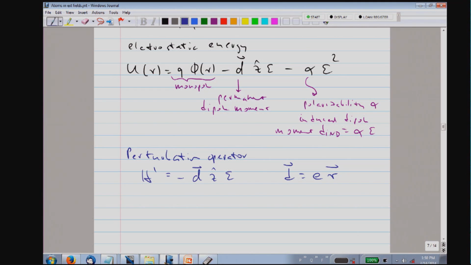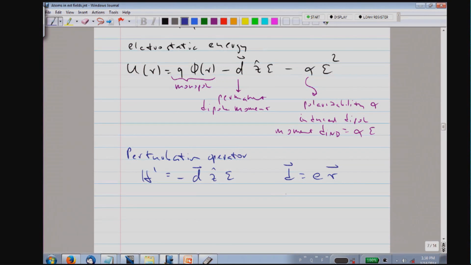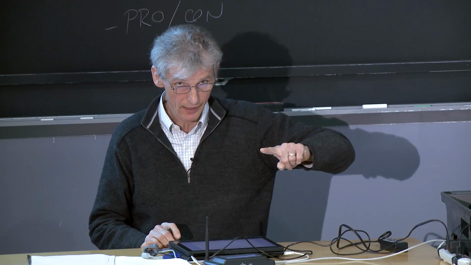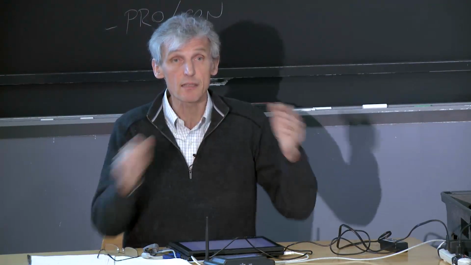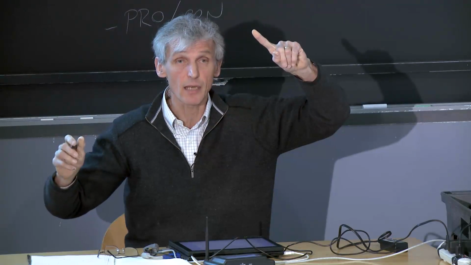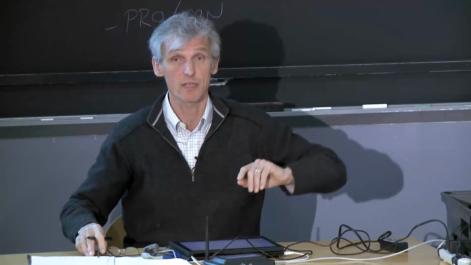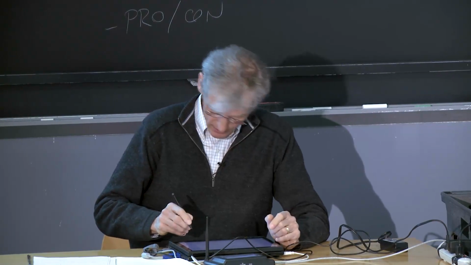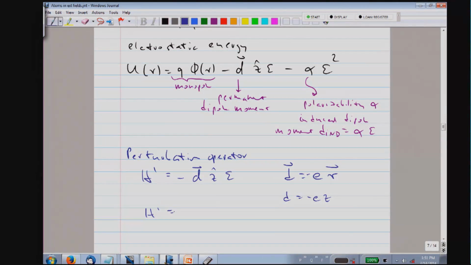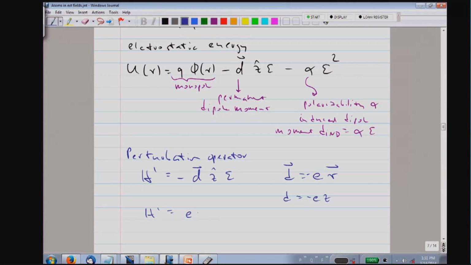And as long as the polarizability in the situation is isotropic, here's a minus sign, minus e is the charge. If you apply an electric field in the z direction, all the relevant dipole moments are in the z direction. For anisotropic materials, you could have an electric field in the z direction, and the dipole moment points at an angle, but we do not have such a situation for our atoms. Okay, so the operator is then simply the charge of the electron, the z coordinate times the electric field.